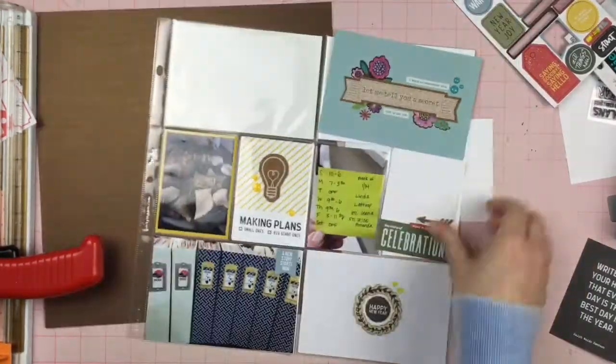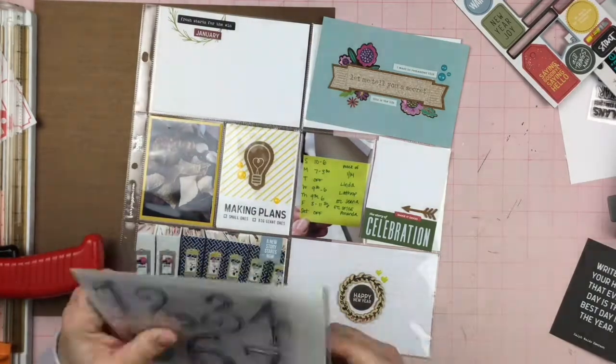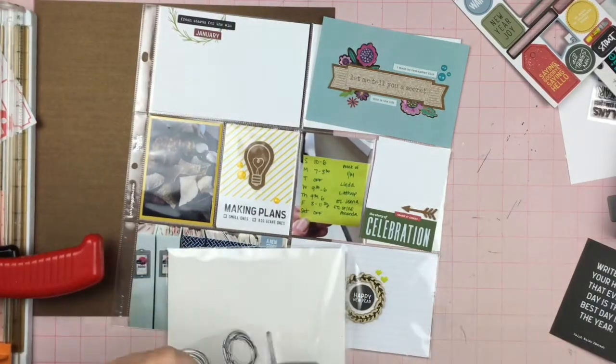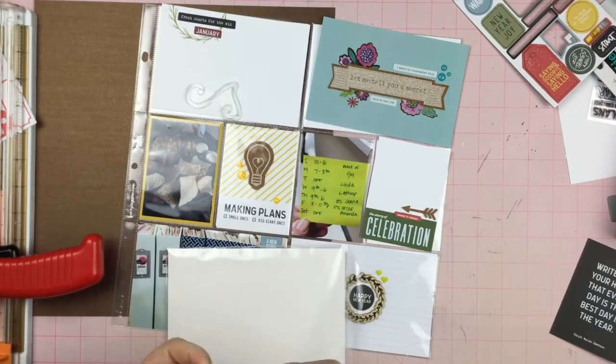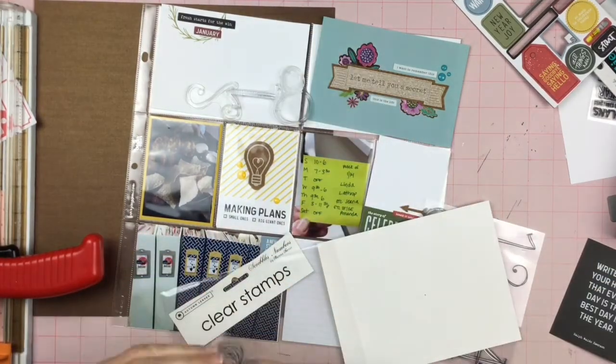I guess not. Okay. So just sitting here and I have no idea what I'm doing. I think I'm just looking at this thing, trying to figure out what I want to do. Because I know that those lines on that bottom 4x6 photo are definitely going to be filled with journaling. And hooray, I found my